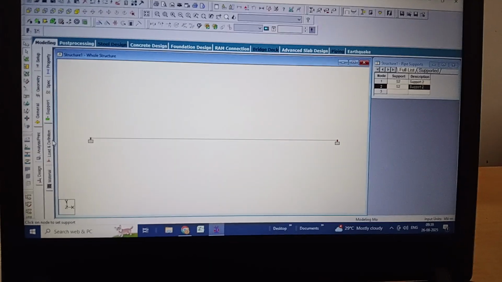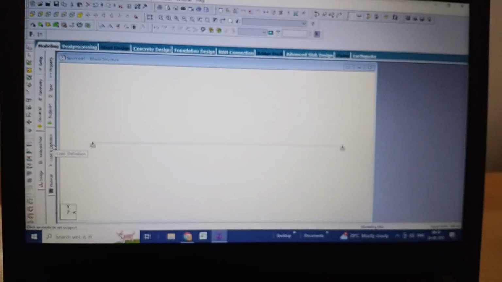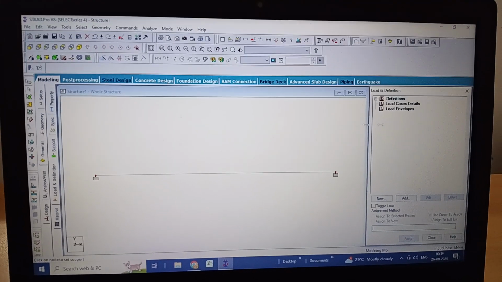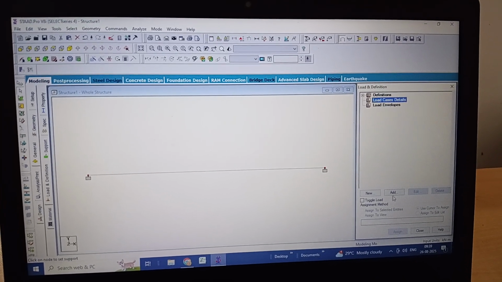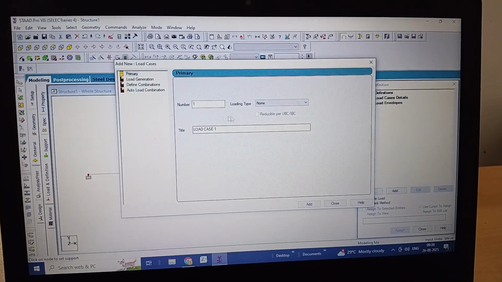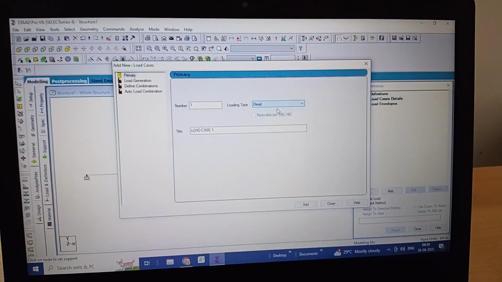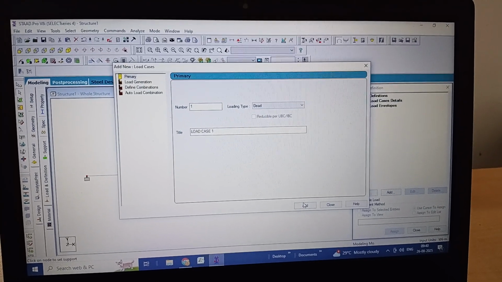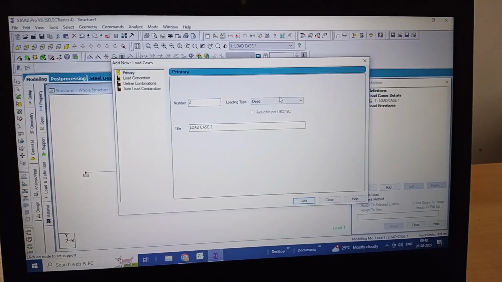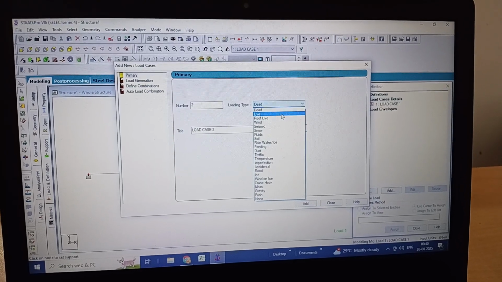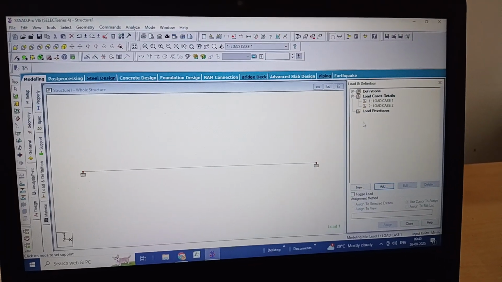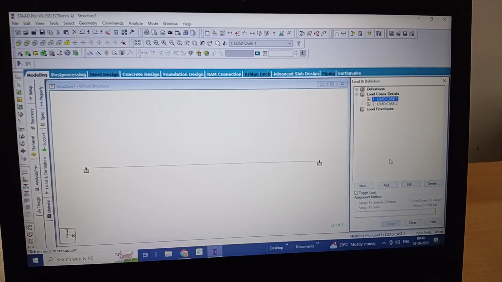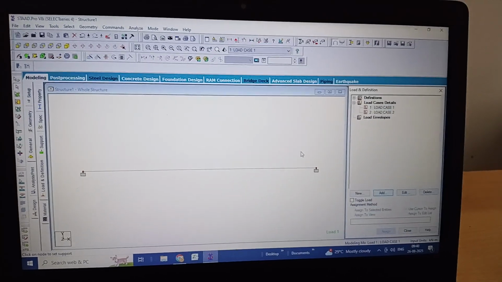Next, go to Load and Definition. First you select the load case details and then add. You will select the first one, dead load of beam, add. The next one, load case 2, a live load of the beam, then add, then close. First you select load case 1, then add,